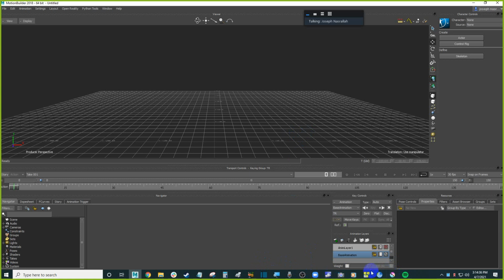Okay, so today I'm going to show you a little bit more story mode techniques where you can mix and match different actions using weights in the story track. You can have different weights on each track and mix and match between those. It's kind of useful sometimes because instead of keyframing from scratch, you have two clips that kind of do what you want. You can mix and match them together